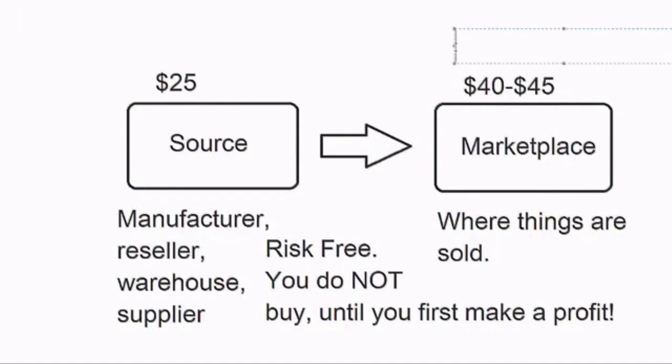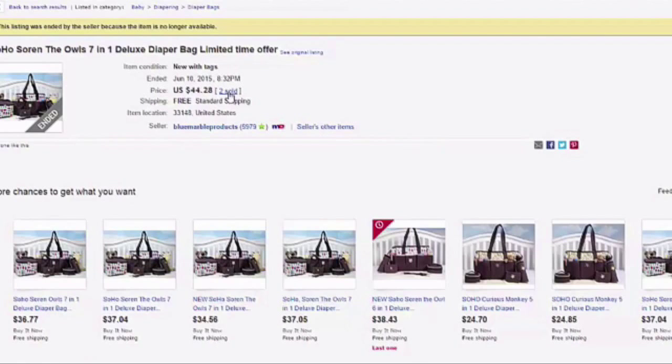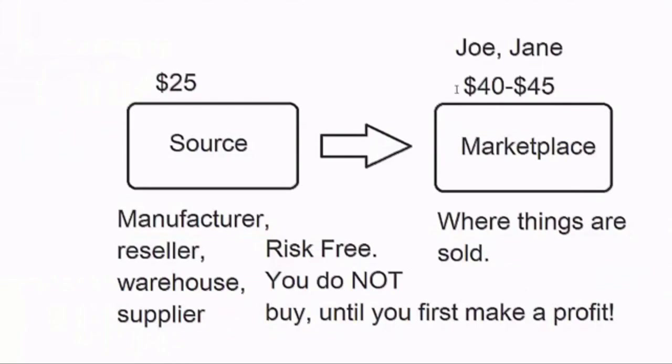And then, let's say a guy named Joe bought it from them, and then a lady named Jane came and bought it from them because the seller made 2 sales, right? So 2 people went to eBay, Joe and Jane, and each purchased the same listed item for $45. So what happened is Joe came and bought it, and then this person, our seller, did not actually go out and ever stock the item, package it up, and personally ship it to them, no. But rather, our seller went over to Amazon.com, bought the item off of Amazon, and put in Joe's address for